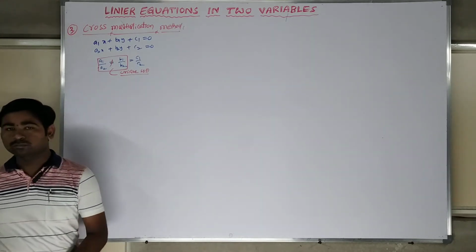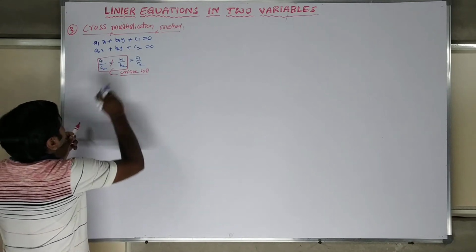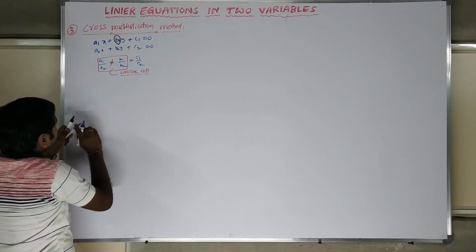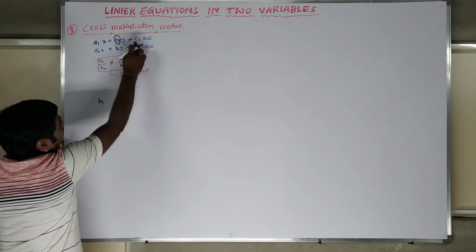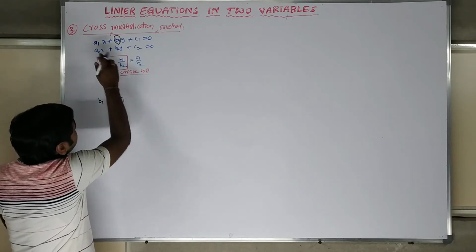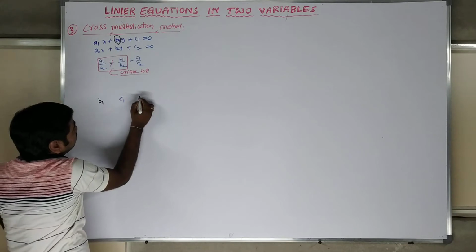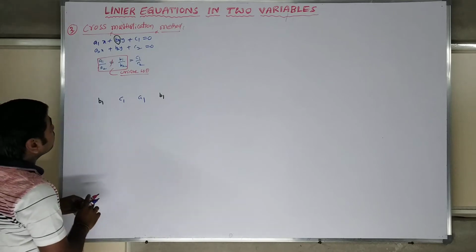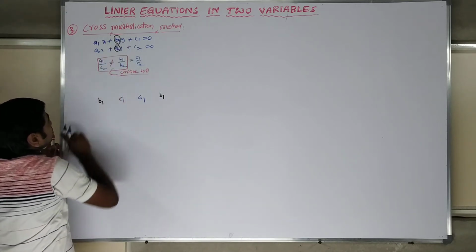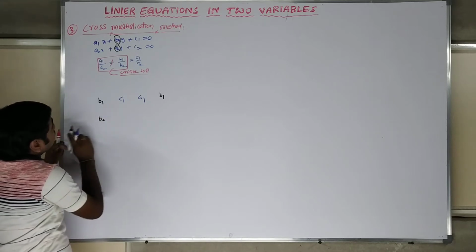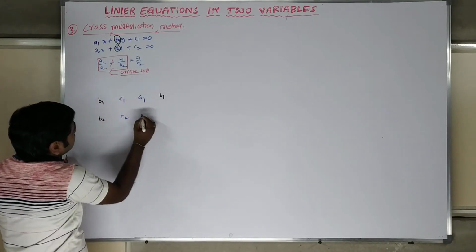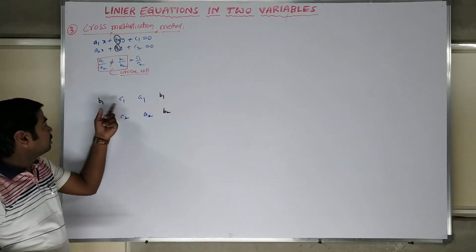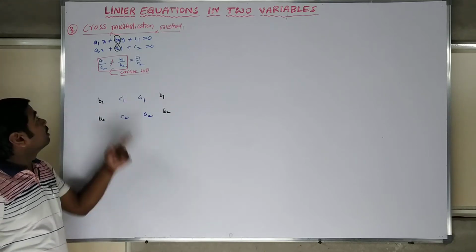First write the first equation's y coefficient. Here write first b1, then the constant c1, then again b1 and c1, then you can write a1, then again you can copy b1. Then second, write b2 in the second line, next the constant c2, next a2, next b2. Please arrange your constants according to the coefficients of x and y and the constant.